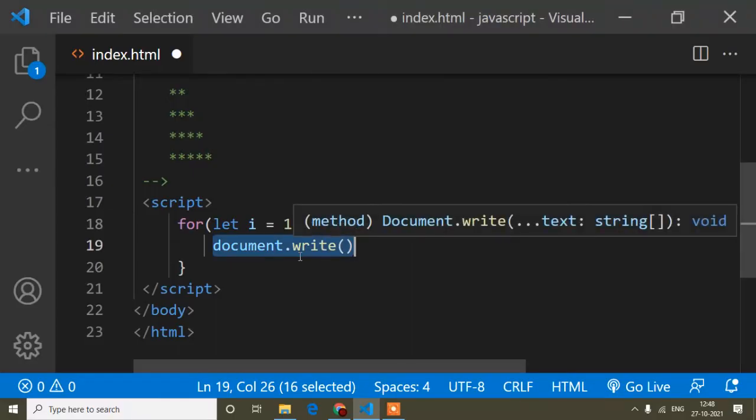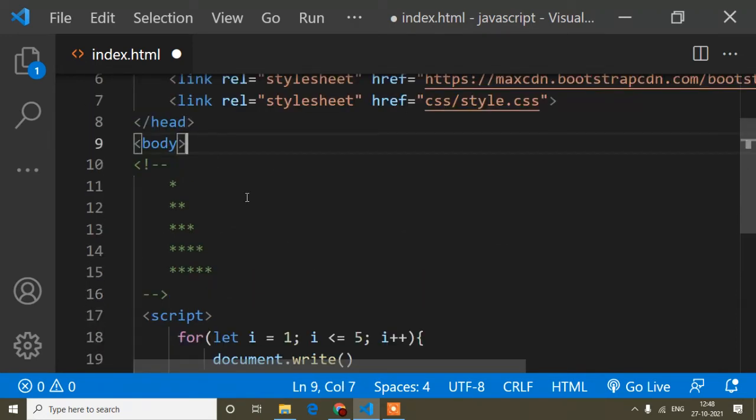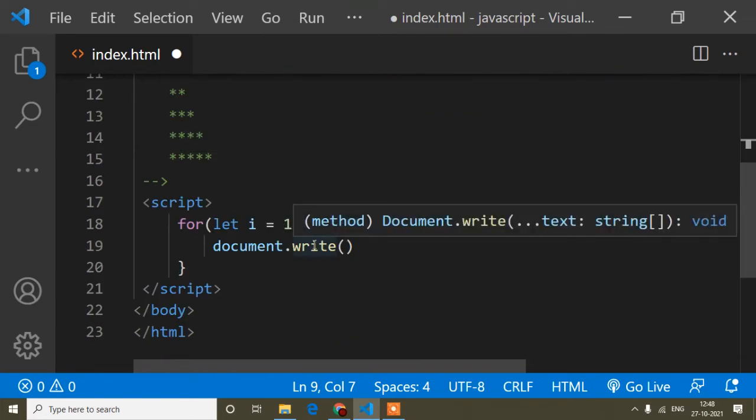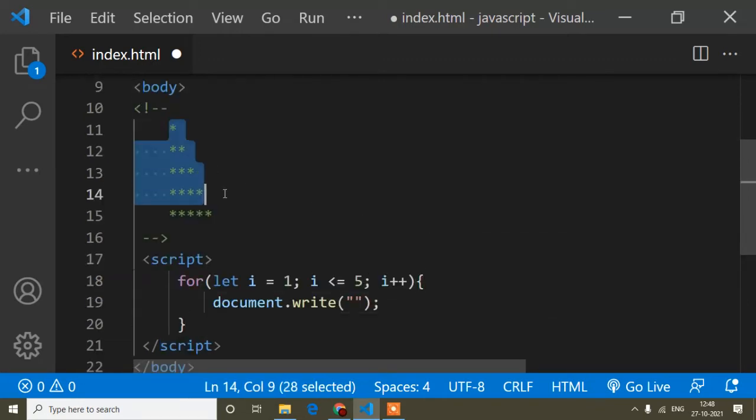If we want to write anything using JavaScript, not in a body tag, because if I wrote in the body tag I could simply write, but when we write using JavaScript in our web page, we use document.write or document.innerHTML, that is a separate thing. But here you can remember we can use document.write for writing anything. So now inverted commas, and here I want to print a star.